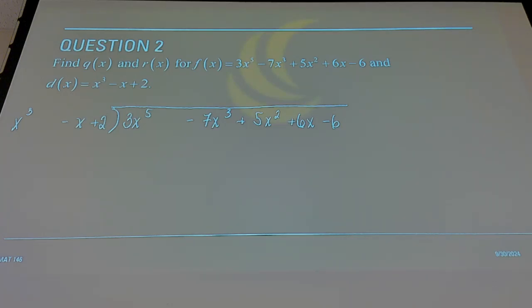Until you get a really good handle on this, on long division, I'd recommend leaving those gaps, or better yet,